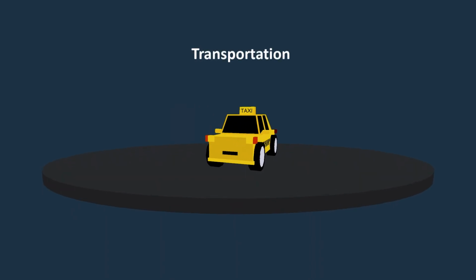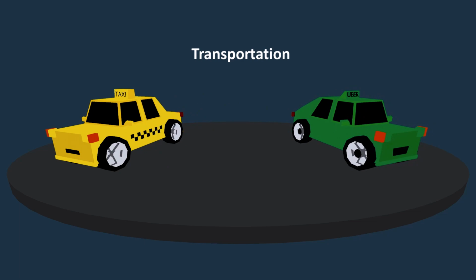Now it's time for namespace. Namespaces are used to organize and manage our code elements and provide a mechanism for programmers to write cleaner codes. Now, let's show you how to use namespaces to organize your code elements with an example. Imagine we have two transportation companies, Taxi and Uber, and each of them has its drivers and cars. So, we have driver and car for taxi company and driver and car for Uber company.